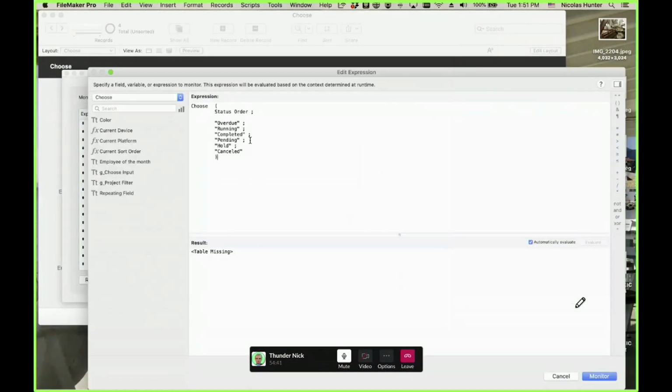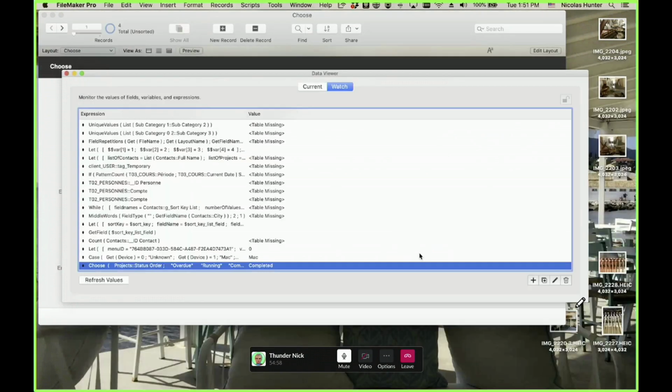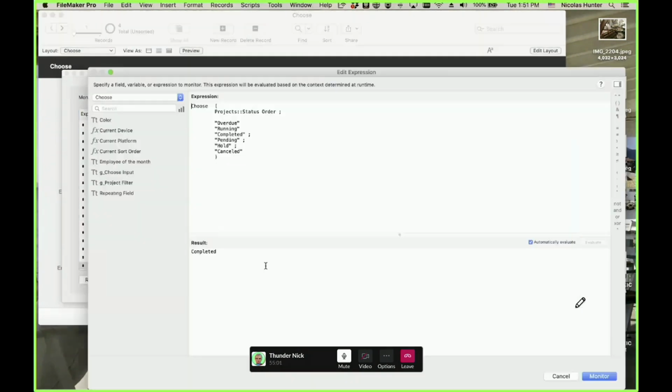Yeah, okay, this is normal. Projects, study order, and if I remove one or two, yeah, wow, it doesn't care. So definitely that's broken.